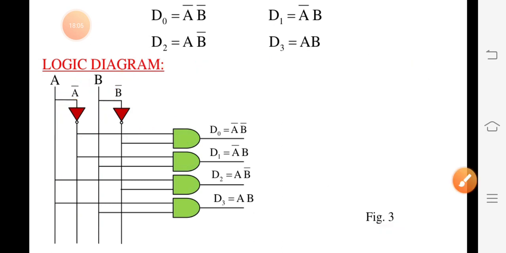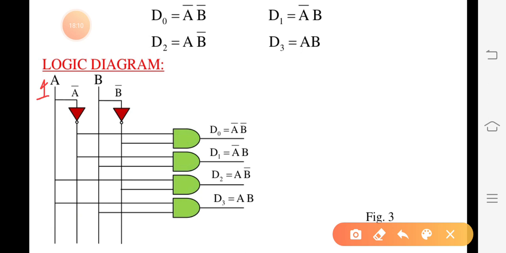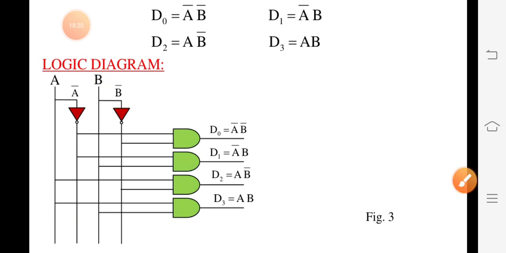So it means what? Here this represents value 1 and this complemented value represents 0. Same for B, this represents 1, this one represents 1 and this value represents 0, complemented, right? Write this also in your copy, 1 0 1 0. Done. Now next is for the first combination D0.